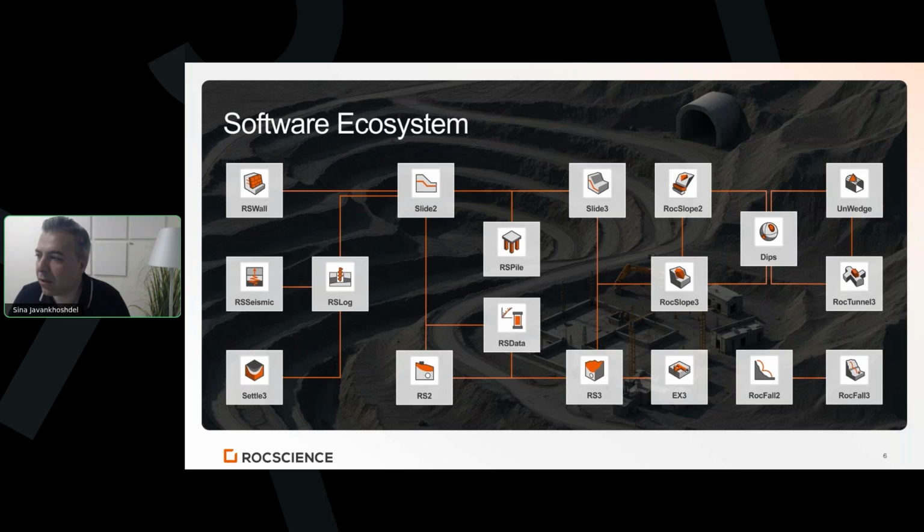You can see all these programs are being developed in-house in Toronto, and different teams work together to make integration between programs. For example, Slide3, which is the focus of today's webinar, is integrated with RS5, Rocket Slope 3, RS3, and Slide2. And other integrations as well, and we keep improving this ecosystem by adding more programs to it and more integration